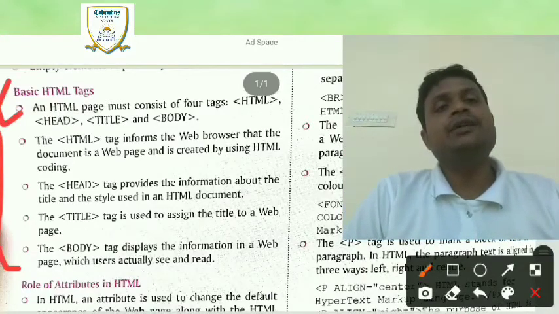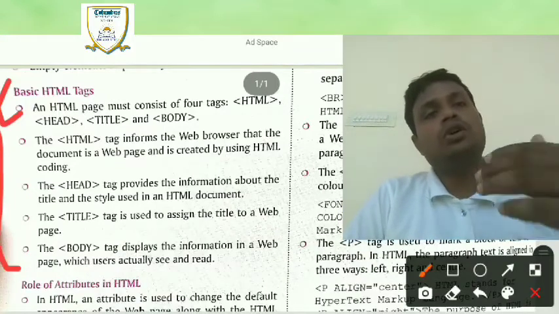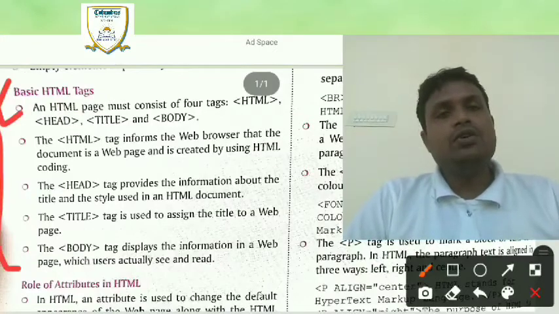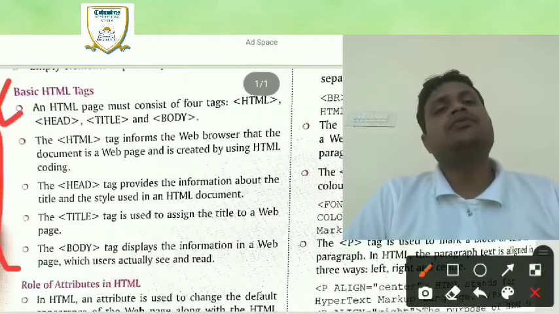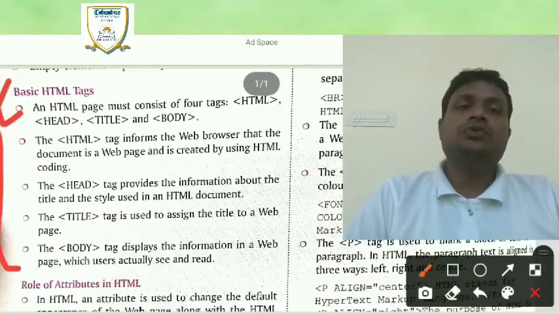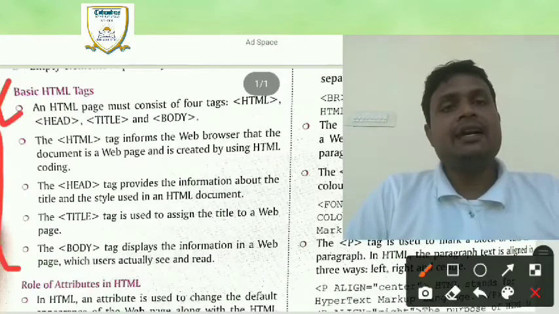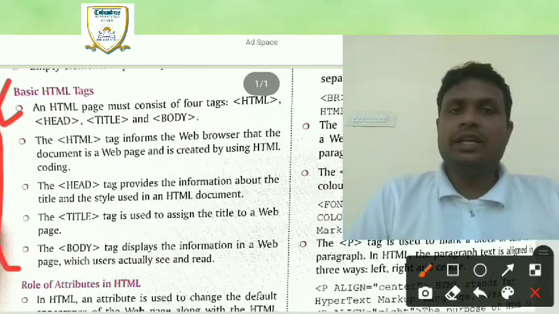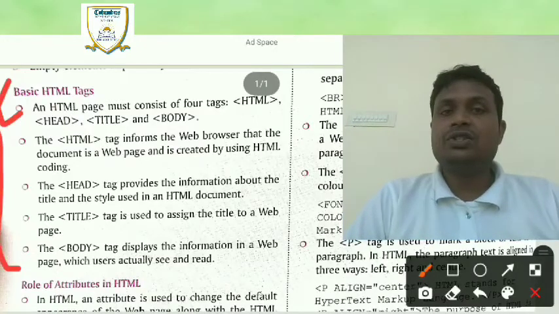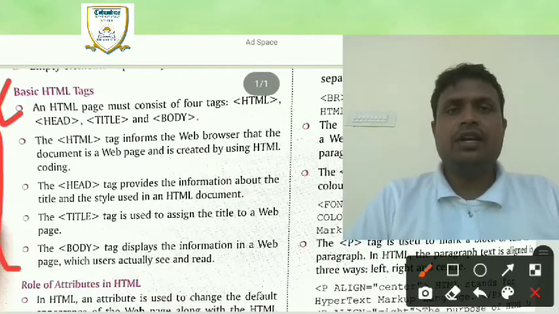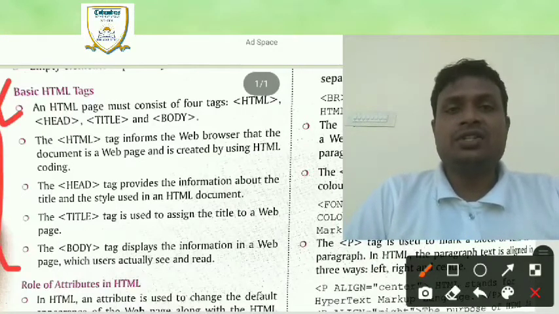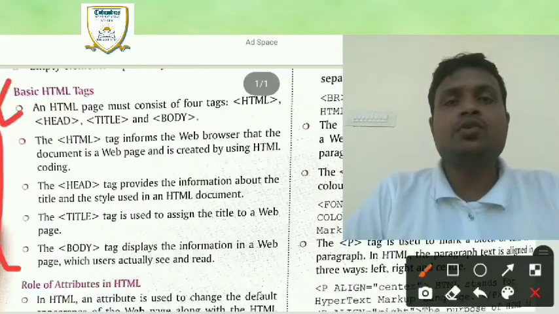It means when you are going to create a web page, at that time you must have the 4 tags. If you do not use these 4 tags, then you are not able to complete the HTML file. So which 4 tags are necessary to create an HTML document?